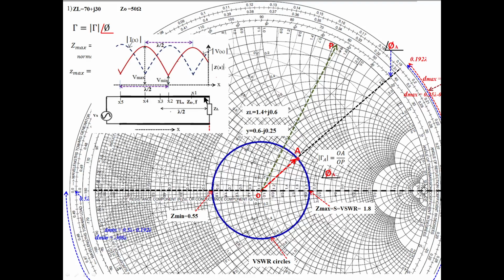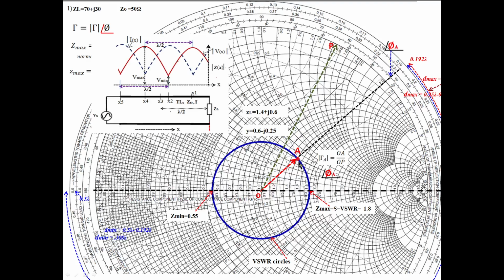You can find out at what distance that is, because the maximum impedance we cannot observe anywhere over the transmission line. At a particular position it occurs. See, this is a maximum voltage; there only we can observe the maximum impedance. So it is at a particular distance from the load point. That distance we can measure easily from the Smith chart instead of using mathematical equations. So you move like this from the load, and you can find that from the Smith chart.